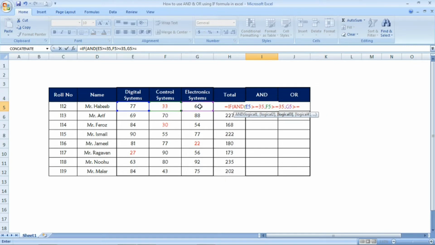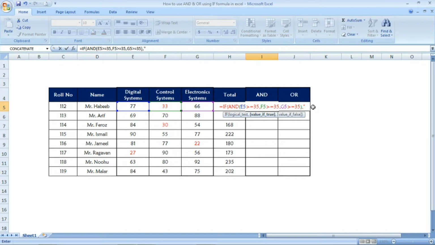If all the three subject marks are greater than or equal to 35, I want the result as pass. Each condition I have given, all have to be greater than or equal to 35 because 35 is the pass mark. The AND function will check all the three conditions, and if all are true, then I want the result as pass.